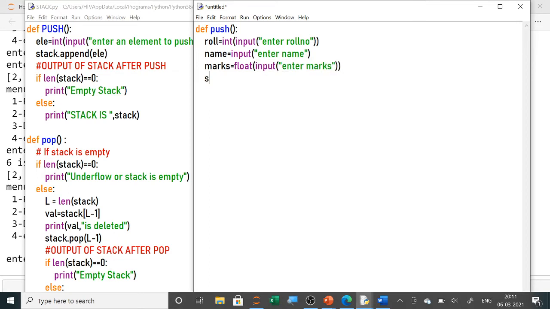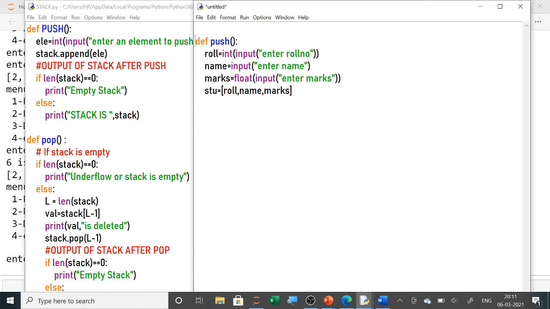नेक्स्ट हमको एक लिस्ट बनाना है, तो हमने स्टूडेंट के लिए यहाँ पे स्टूडेंट डेटा है, तो हमने लिस्ट में क्या क्या डाल लिया है, रोल नंबर हमारे पास है, नेम है और मार्क्स है। अब इसको हमको किस में डालना है, एक स्टैक में डालना है, तो हमने यहाँ पे स्टैक डॉट अपेंड किया है। हम इस स्टैक को यहाँ ऊपर भी लिख सकते हैं, डिक्लेयर कर सकते हैं, तो स्टैक को मैंने यहाँ पे ऊपर डिक्लेयर कर लिया है, स्टैक इक्वल्स टू एम्प्टी स्क्वायर ब्रैकेट, और यहाँ पे आके मैंने स्टैक में डॉट अपेंड करके मैंने वैल्यूज़ को डाल लिया। वैल्यू कहाँ पे है, टू लिस्ट में है।